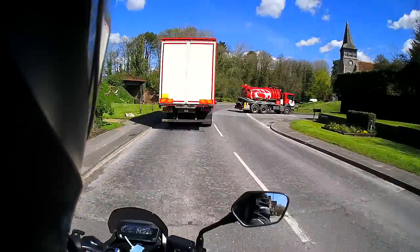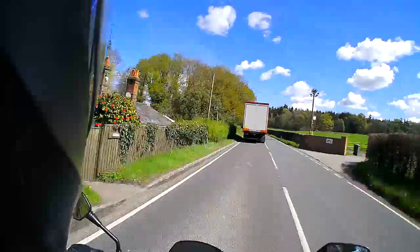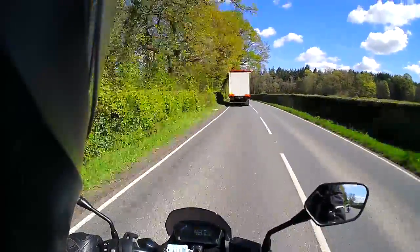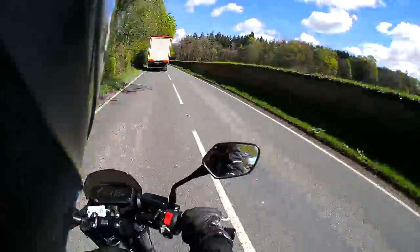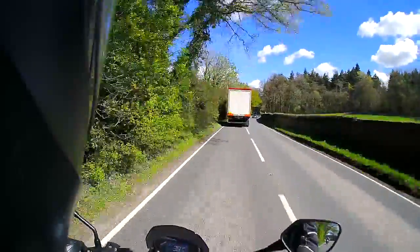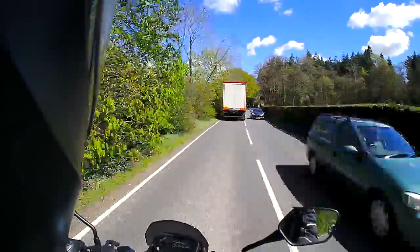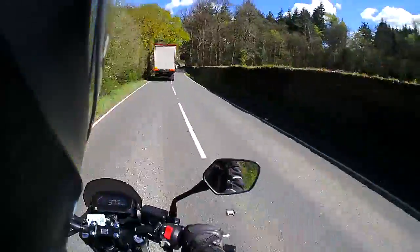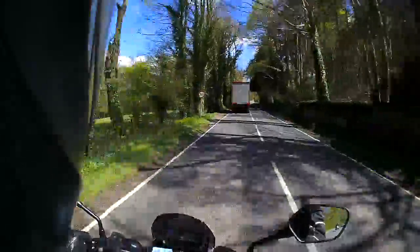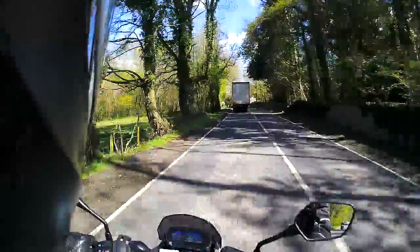Yes, he's turning. Right, so it's just this one. Well, whilst we casually have a little ride, are you finding the X comfy? Yeah. The only thing I would say is it's a little bit wide. A little bit wide. Yeah, so when you sit down, your legs are a little bit...